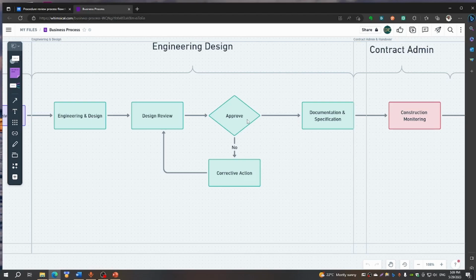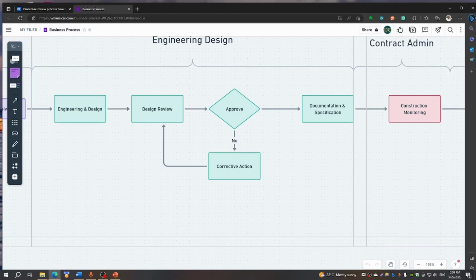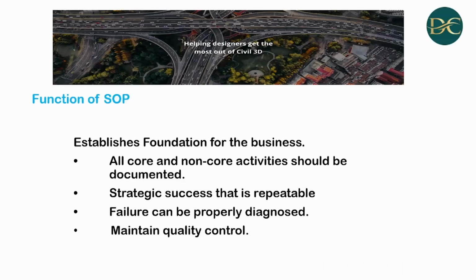We will pick one of the systems that have the most important workflows that we have. In this case, we will concentrate on engineering and design. This is where the rubber meets the road. We look at what kind of systems we have, what kind of technology, what people are involved, what workflows, what steps, and how do we go about designing the various aspects of our work. And we develop an SOP telling people who do the design how to go about doing the actual workflow.